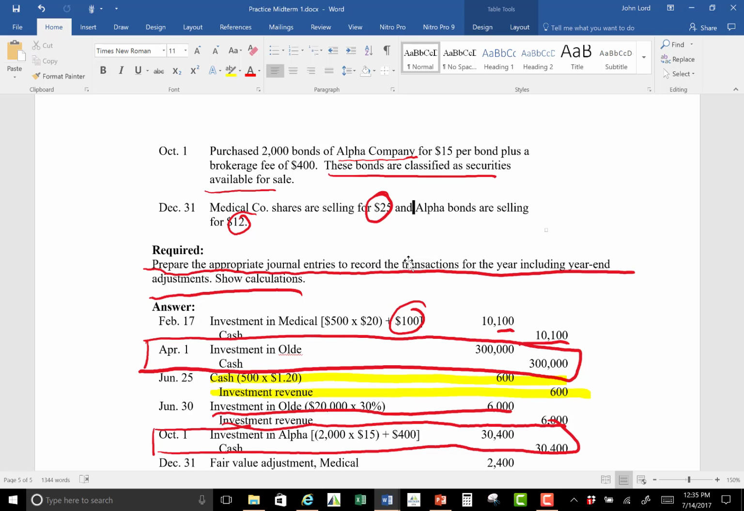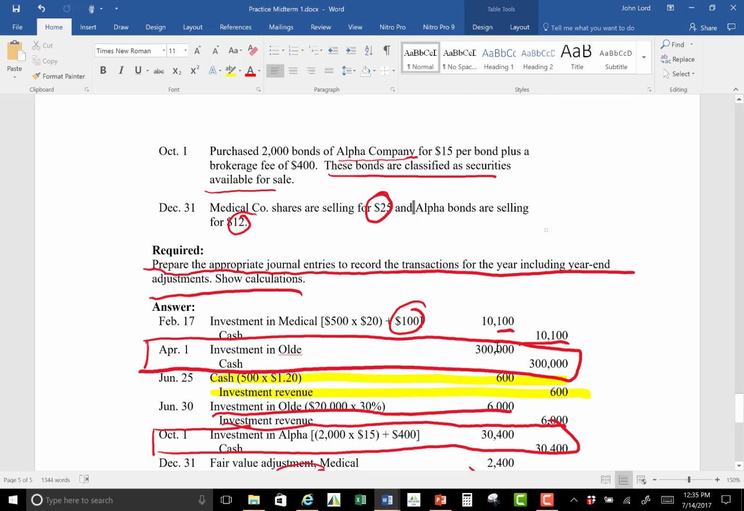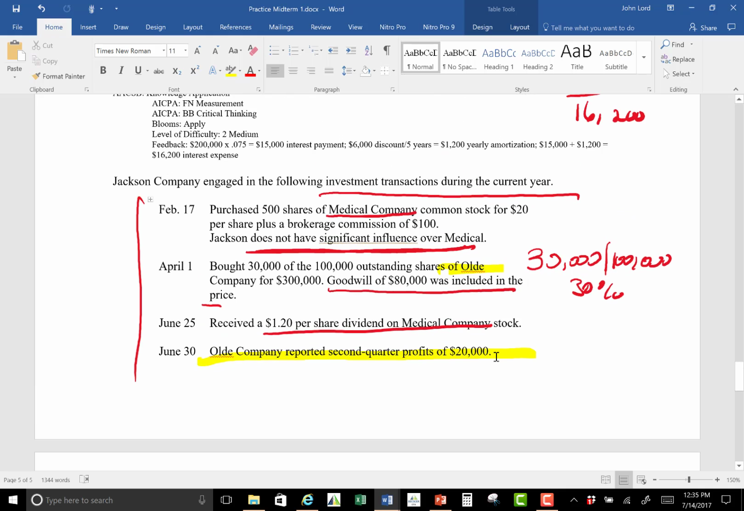So we come over, and we only need to consider the fair value for those couple of ones. And so we would go ahead and calculate the fair value adjustment, which is now it's selling for $25 a share, the 500 shares, minus what we paid. That difference is going to go to, and for the medical is being carried using the